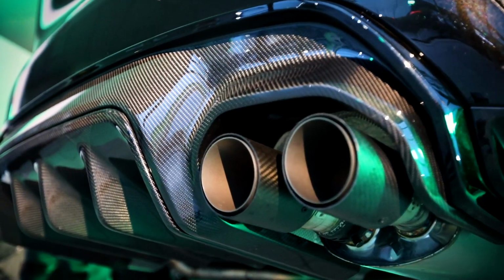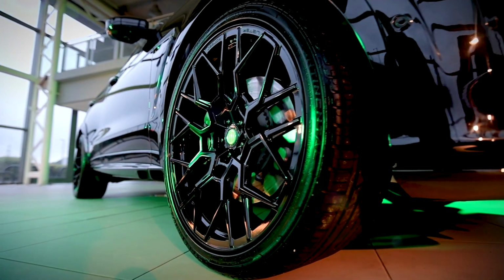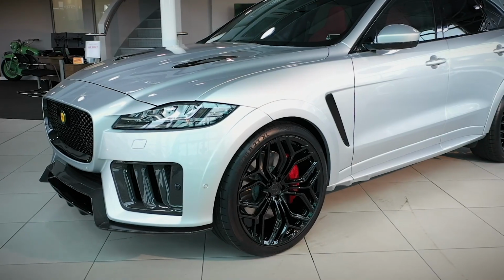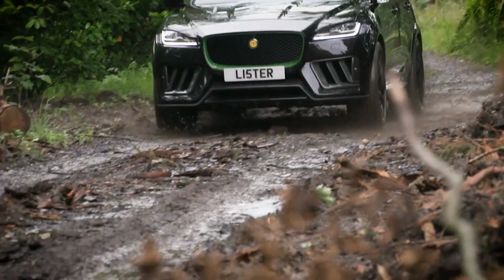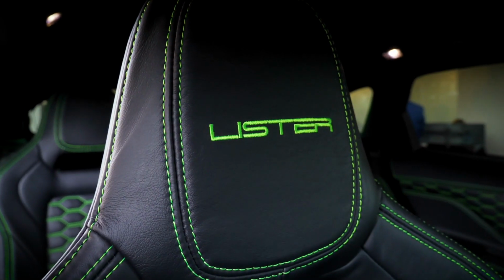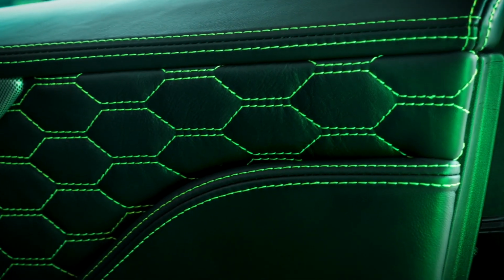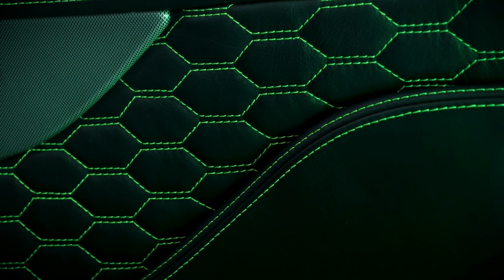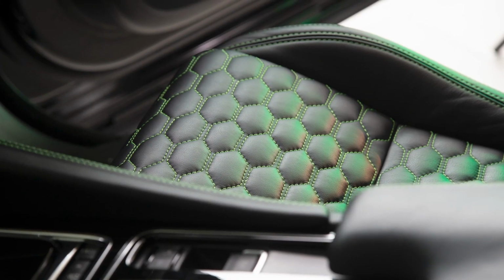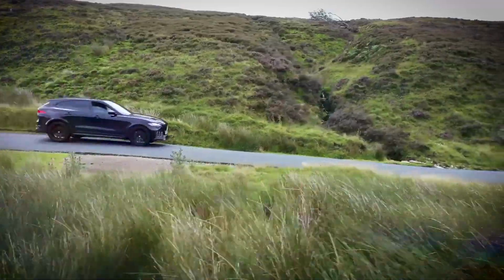Stainless steel switchable exhaust system with carbon fibre tips, plus 23-inch wheels made by Vossen, which have been specifically designed by Lister and are fitted to lowered suspension that can be adjusted to a customer's preference. The luxurious interior features the highest grade Bridge of Weir Nappa leather and is offered in 36 colour choices and 90 different stitching options. So, not only do you sit in supreme style, but you drive the fastest SUV Britain